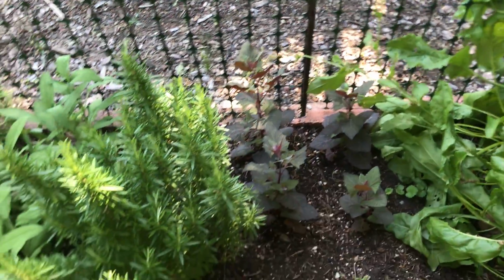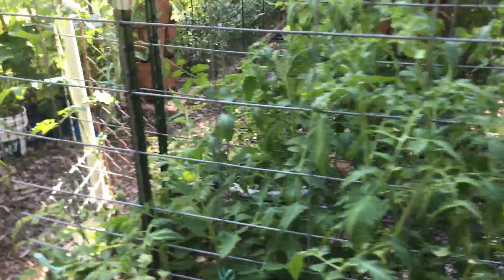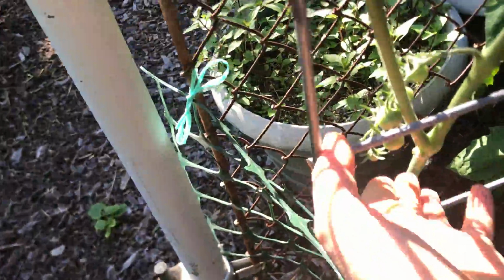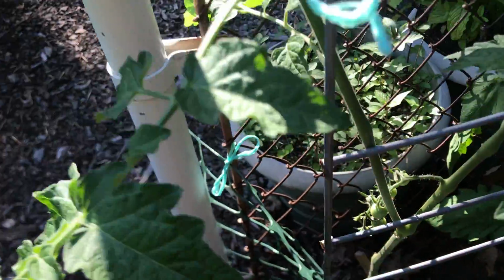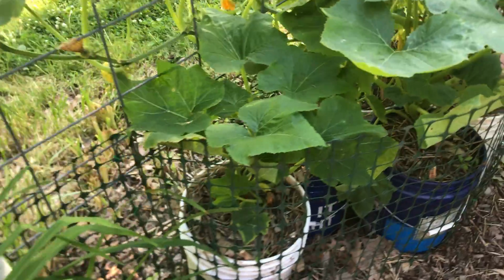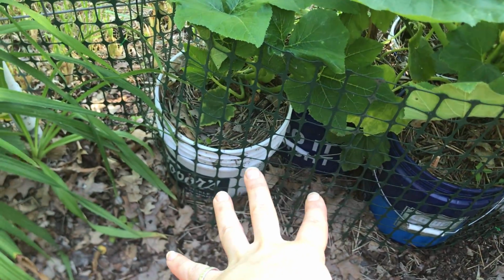The herb bed is thriving. Look at all these herbs getting taller, starting to go wild. The auroch is getting taller. I'm excited to try that at some point this summer. The tomatoes are all getting taller. We have fruit babies set on the cherry tomato plants already. This is so far a massive success. I did not expect this to work, putting squash in these 5-gallon buckets, but